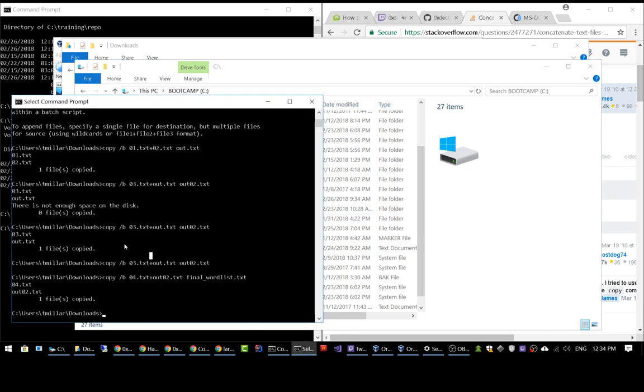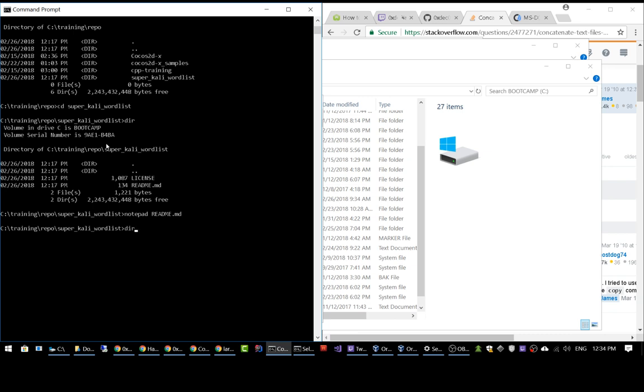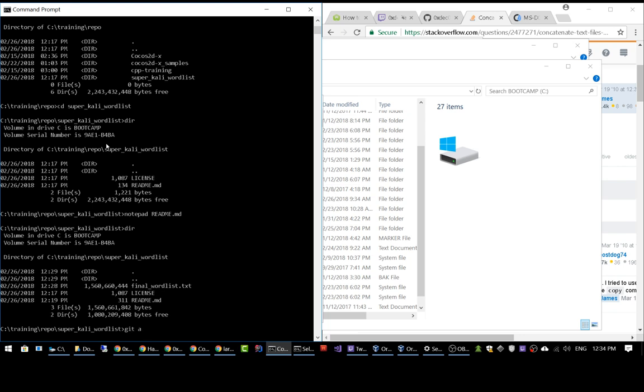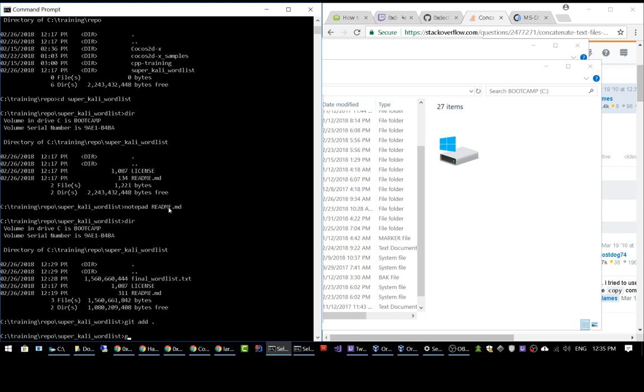The first thing I'm going to do is, let me do this. I've got the final word list. So let's git add dot, and we'll add those files. So I'll get everything up to Git, and then I'll delete this repository, which will free me up 1.5 gigabytes. So git commit -m to define a message. We'll just say initial word list check-in